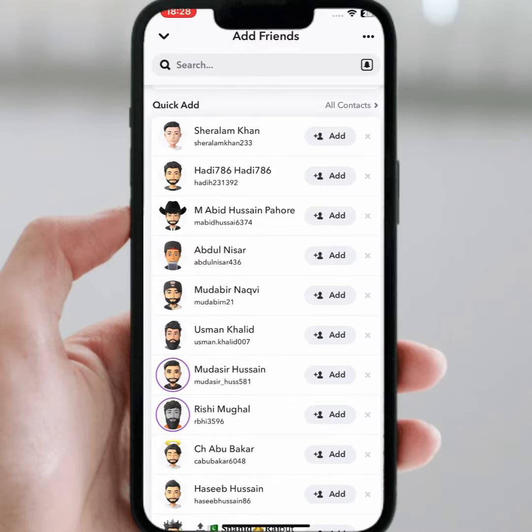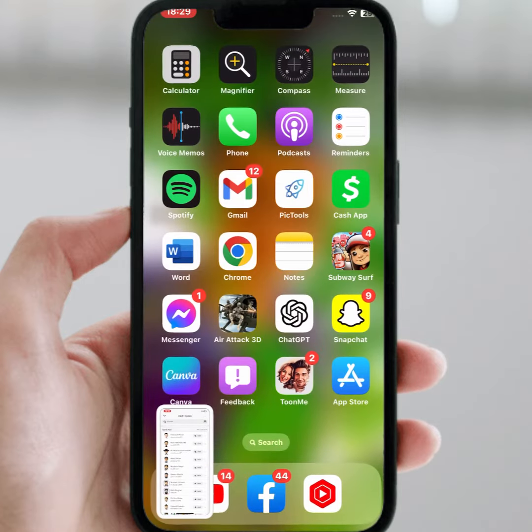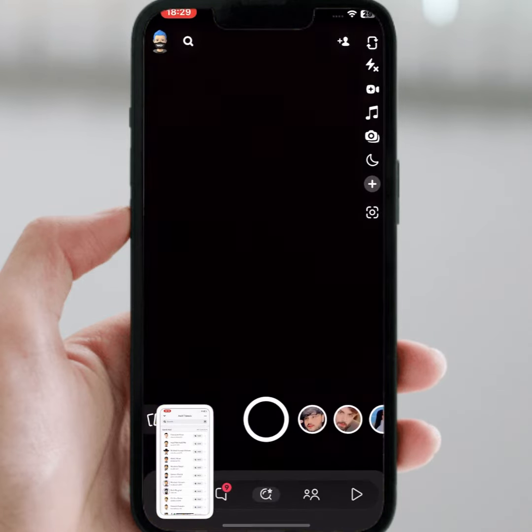In this video I'm going to be showing you how to fix cannot add friends on Snapchat on iPhone and iPad. If you want to add friends but face something wrong with the problem, so how to fix? First of all, take a screenshot, and after that go back to your home screen, then open Snapchat again,